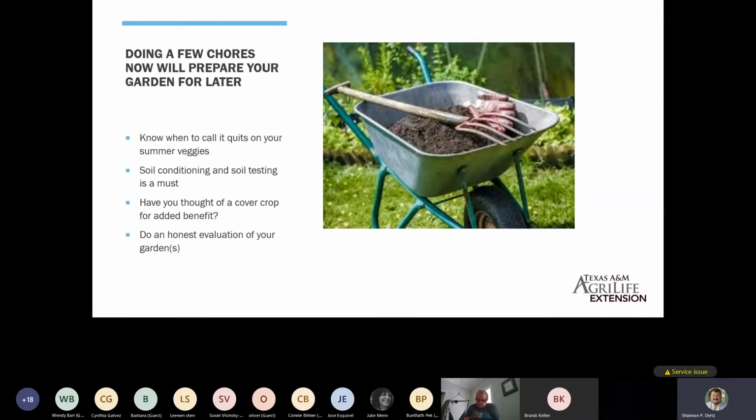And then you're back, you're just really making things a lot worse for you. Soil conditioning and soil testing is a must. Soil conditioning, what we're talking about there is this is the fall is the time where you want to come